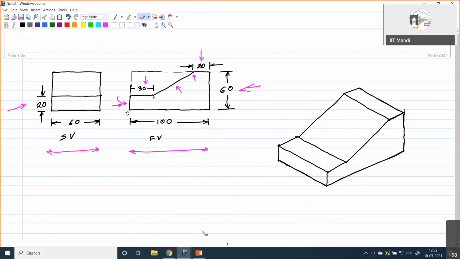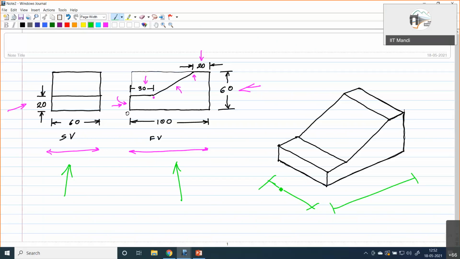So effectively, what is actually happening is if this one is the front view, then obviously this is the left side view. I did not mention it, but it will be the left side view, isn't it? Do you agree to this? Yes, sir. So we have actually always got only two sides, no? This 30 degree line, this 30 degree line.